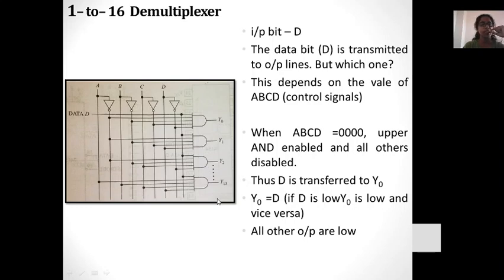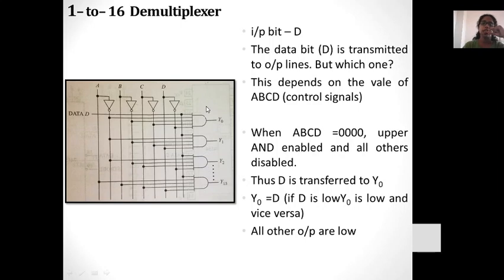So have a look at the diagram. A is taken, B is taken, C, D, and then again it is inverting. That's why we connected NOT gates here. So now there is a line for A bar, B bar, C bar and D bar. So 4 variables A, B, C, D and their complements A bar, B bar, C bar, D bar. You draw first those 4 lines. Then it is very easy. Then the data input, that is common to all the gates. Here you can see that this is connected from here to all the AND gates.